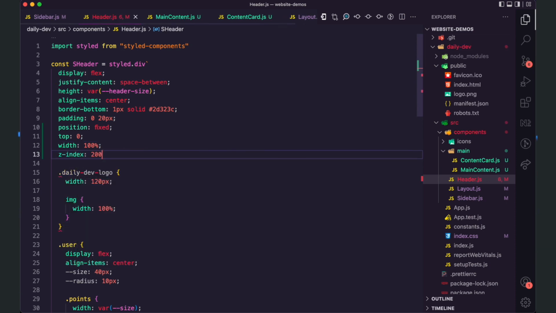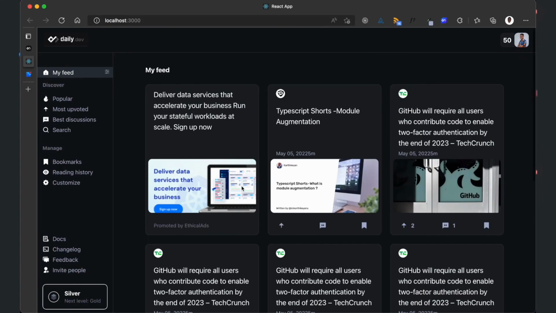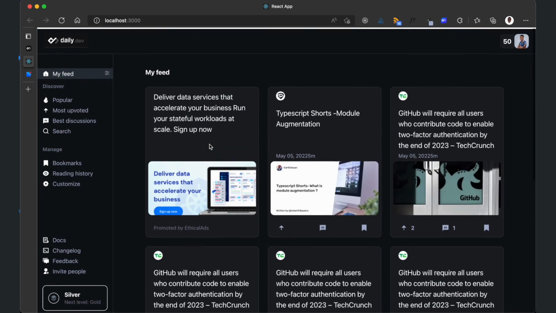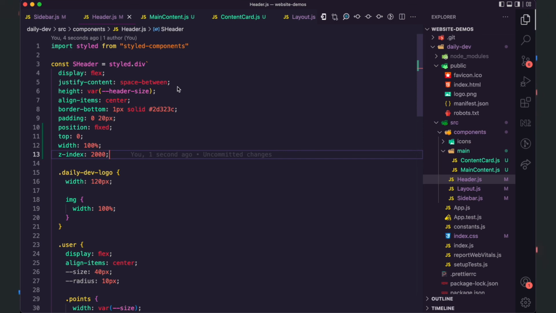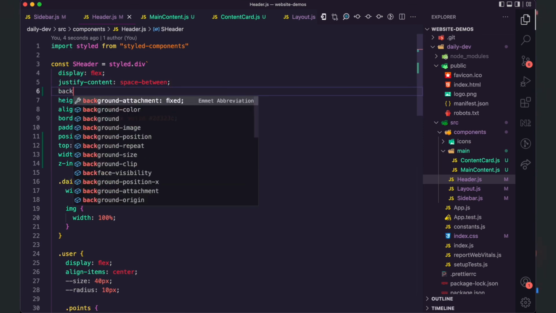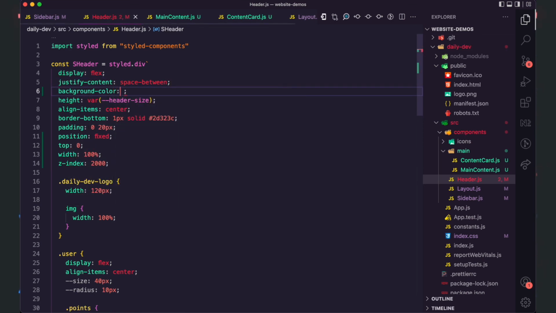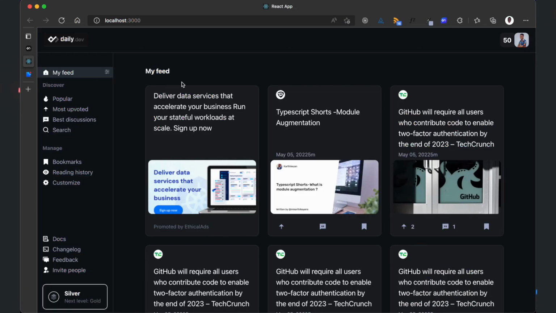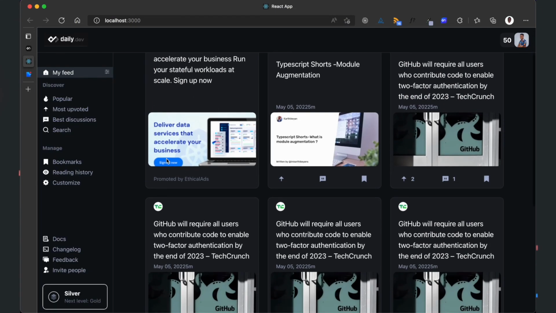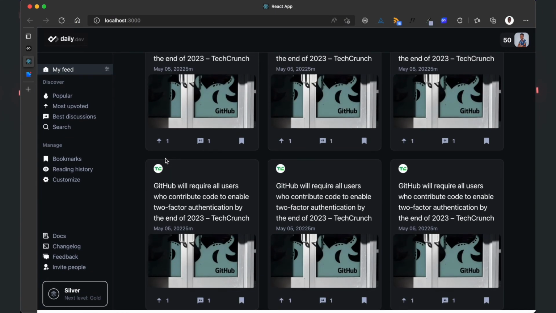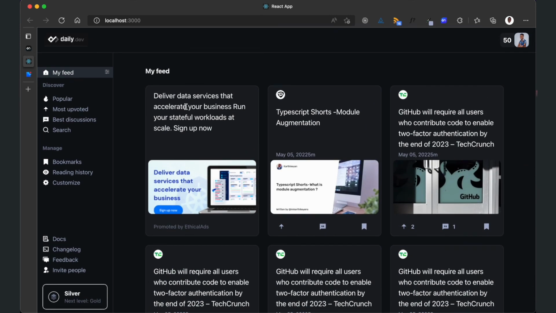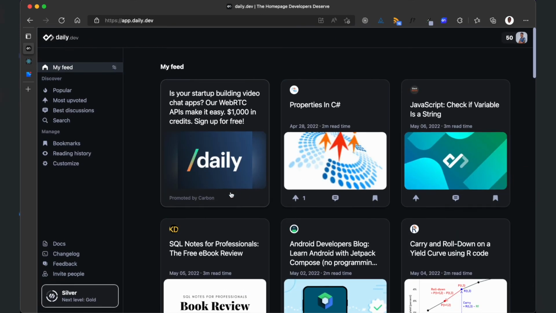I'm going to call this 2000 because I want this at the top. What's happening? Okay, this does not have a background color of its own. I think you can inherit the background color. Yes, great. Yeah, so this is daily dev,